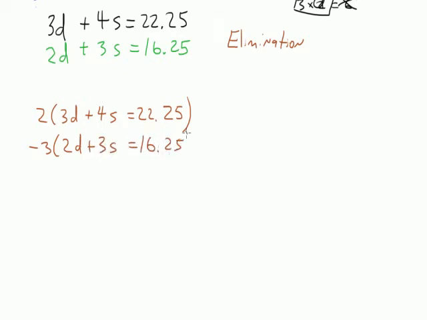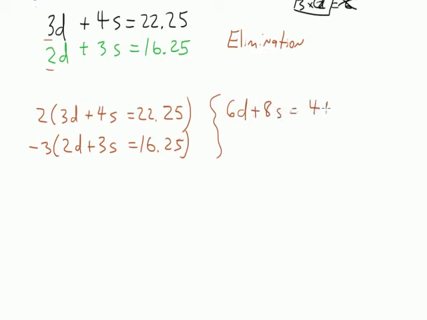So again, I took the first equation, multiplied it by 2, because of this coefficient here. I took the second equation, multiplied it by negative 3, because of the 3 coefficient there. Doing that, I'll write these off to the right here. Doing that gives me the first equation is now equivalent to 6D plus 8S equals, I think that's going to